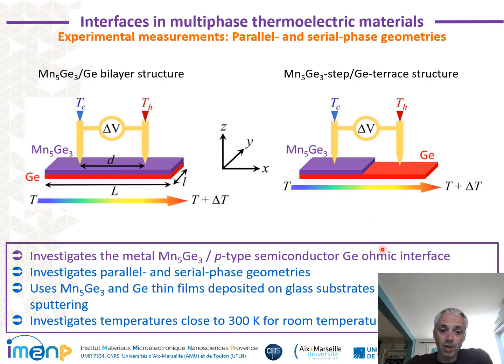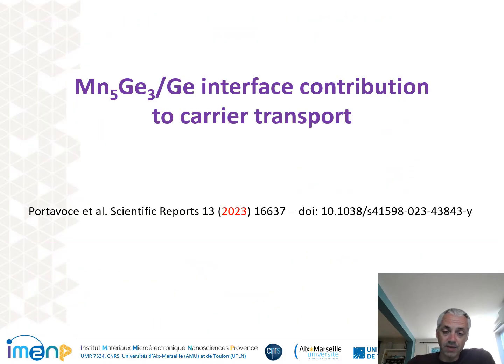So Mn5Ge3 and germanium thin films were deposited on glass substrate by magnetron sputtering, and we investigated temperatures close to 300 Kelvin for room temperature applications. So let's investigate the effect of the interface between Mn5Ge3 and germanium